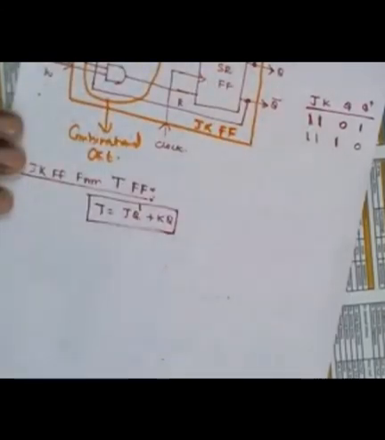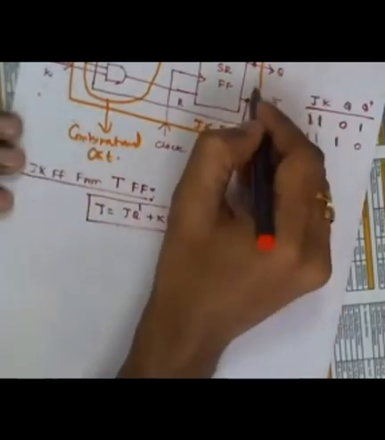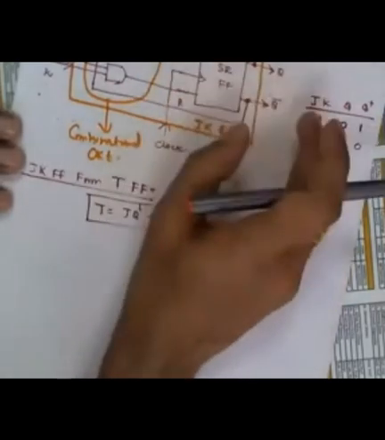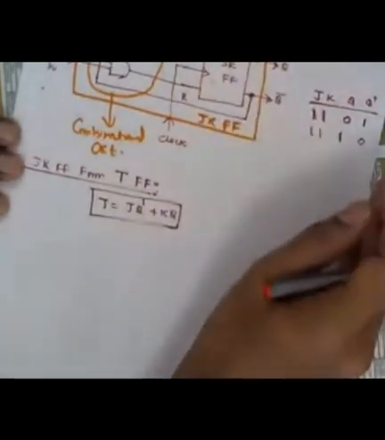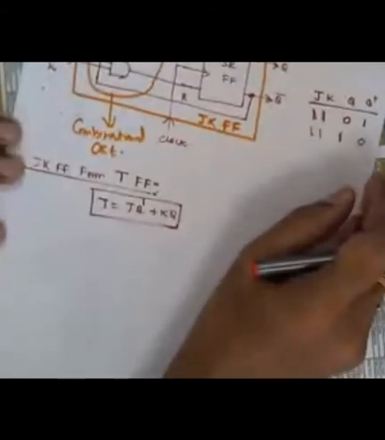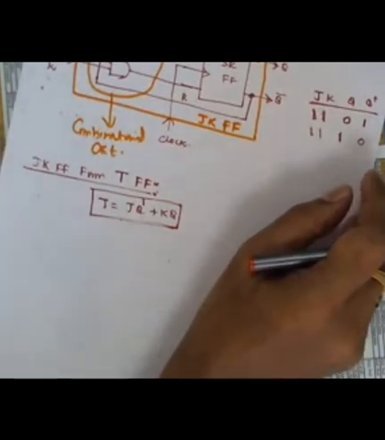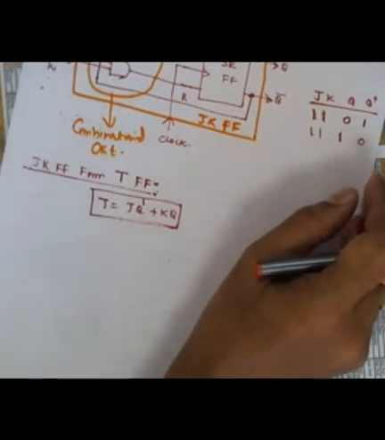Now the question is, if I put one more combinational circuit at the output side, can I make this circuit for any specific application? Not only changing the characteristics of a flip-flop or obtaining one flip-flop from another, is it possible to design any circuit in this fashion to realize any specific task or application?